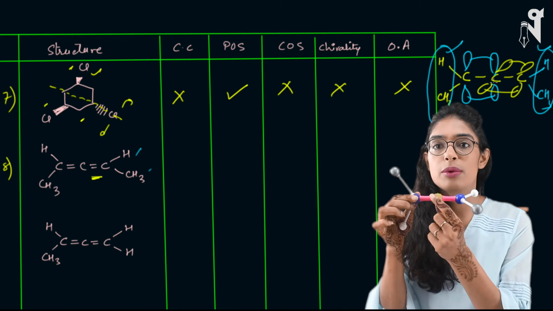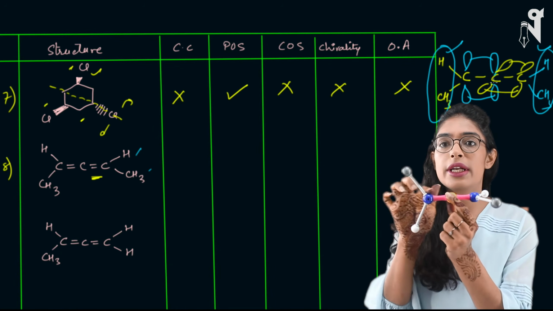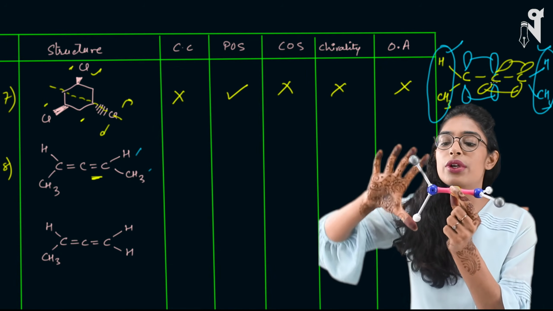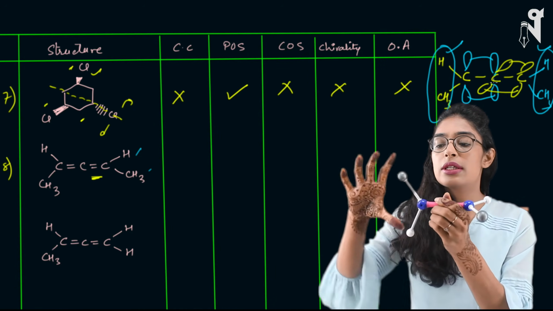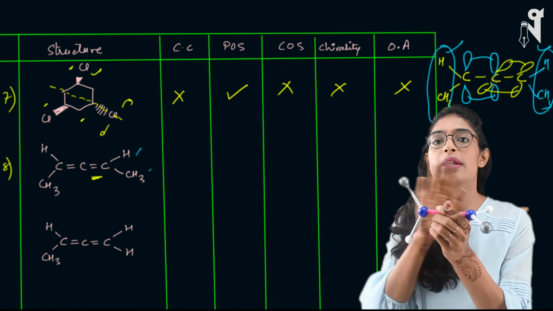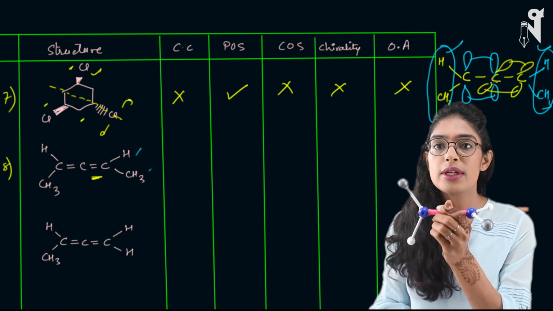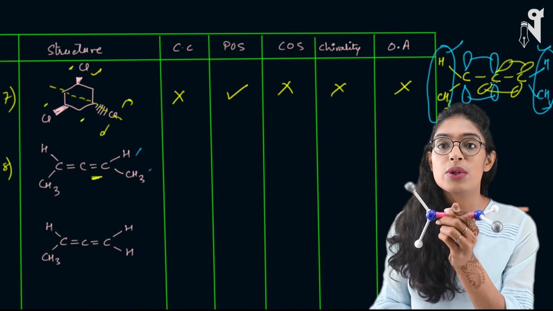So that's the reason why I have put yellow over here. But these are all connected to the pi bond, and these are the sigma bonds over here. So one is in this plane and another is in this plane. So these are in planes perpendicular to each other, right? So these two groups are in different planes with respect to each other.